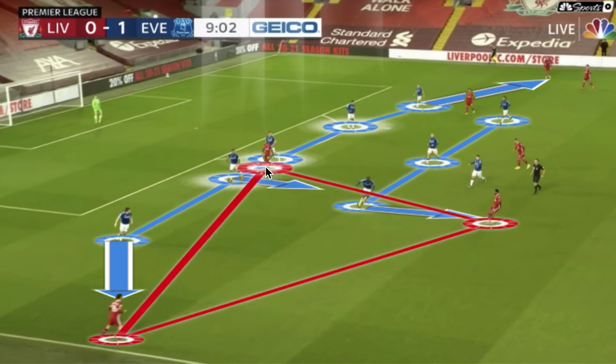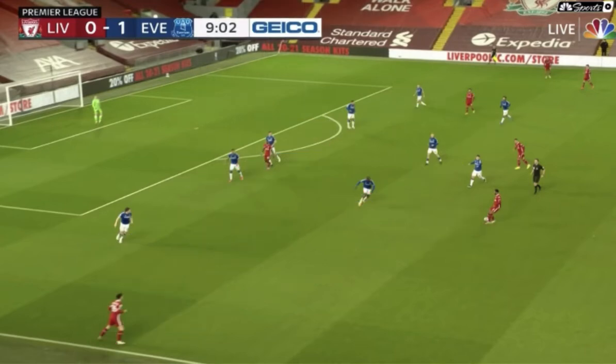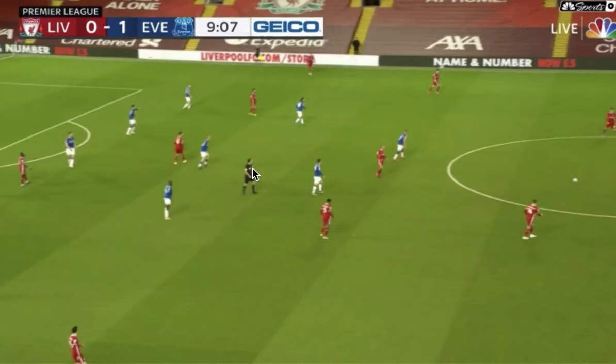So the players who are extending through half spaces and the wide corridor, forming these wide structures that are often very fluid from Liverpool, trying to look for the space in behind with the threat going in behind the defense, as well as trying to pin the players through the between the lines positions. So now, continuing on, we see